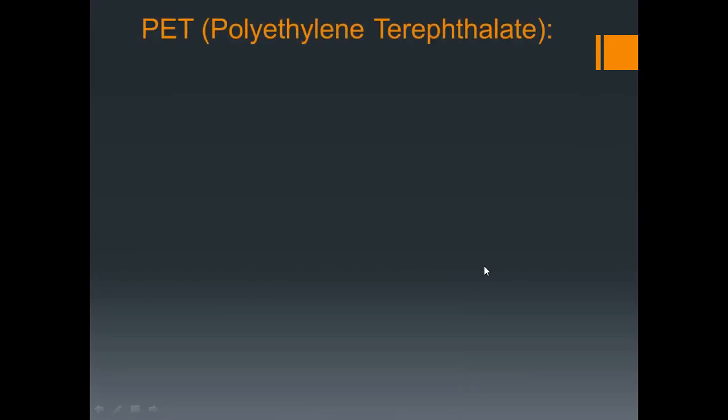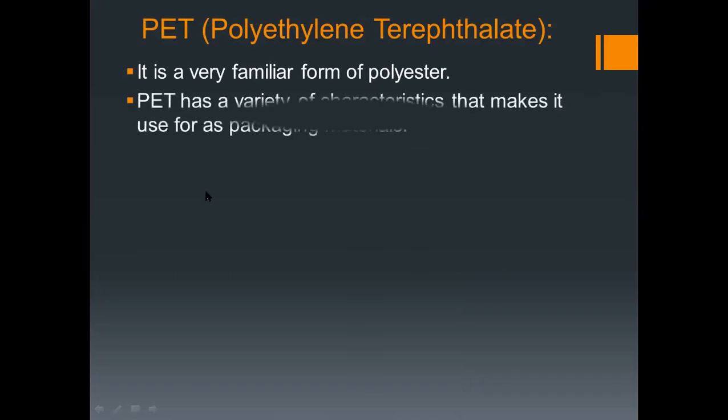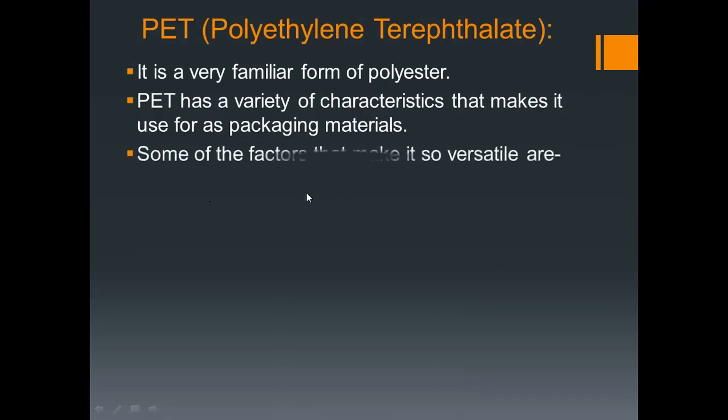PET. The full form of PET is Polyethylene Terephthalate. It is a very familiar form of polyester. PET has a variety of characteristics that makes it used as packaging material. Some of the factors that make it so versatile are